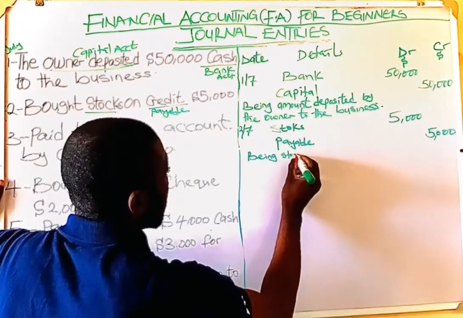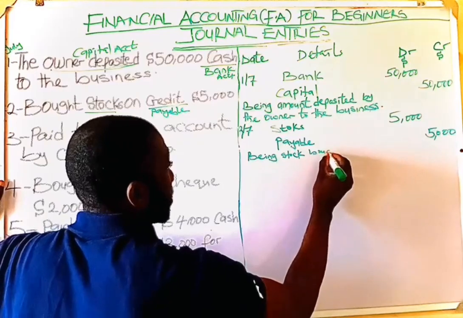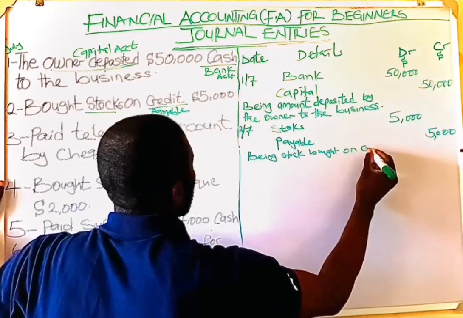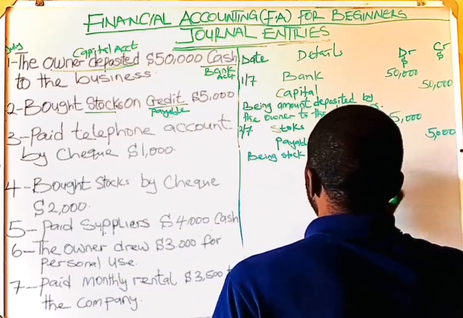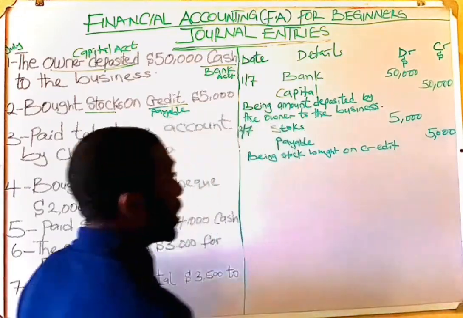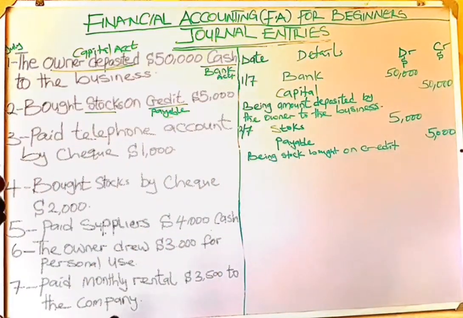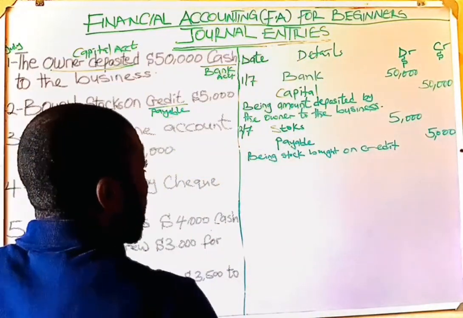Being stock bought on credit. Simple as that. You can put your narration the way you want it to be, but you must capture this transaction. Then let's go to the 3rd